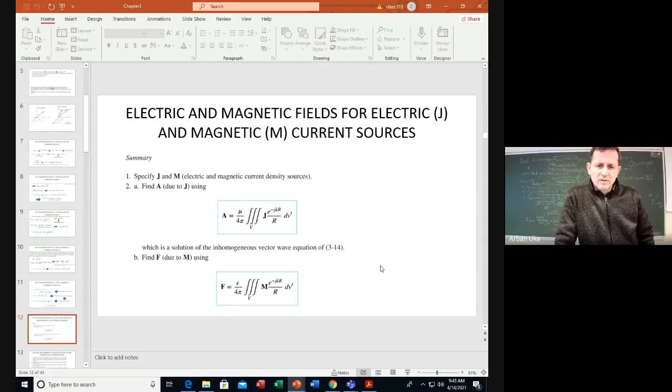vectors. Now, similarly, we can also have J's which are not in Cartesian coordinate systems, but can have projections along the spherical and the cylindrical coordinate systems. But overall, that means that both these integrals that we see here